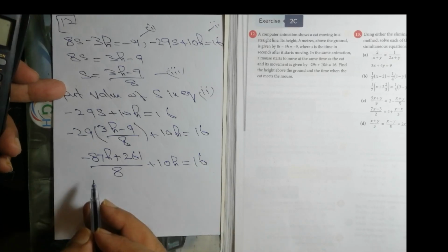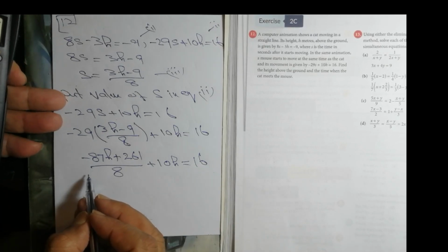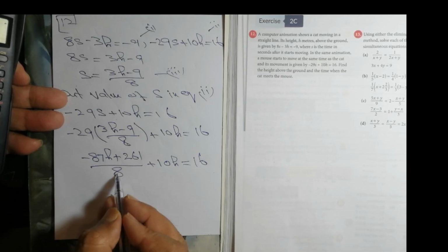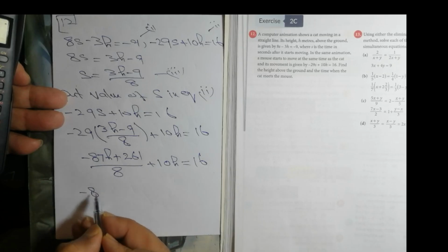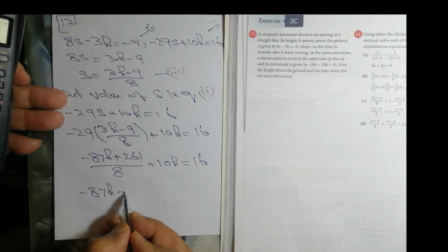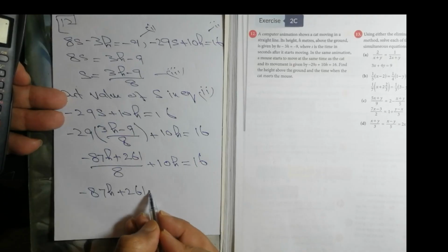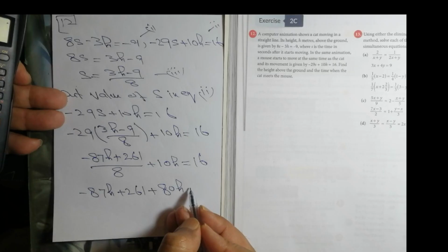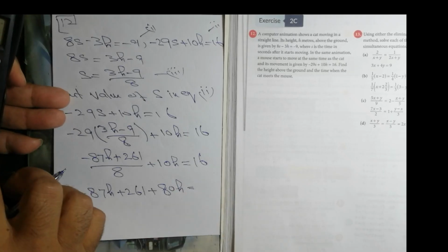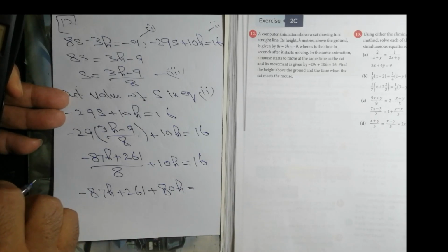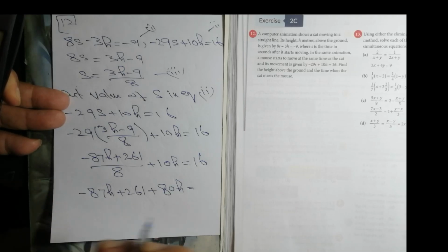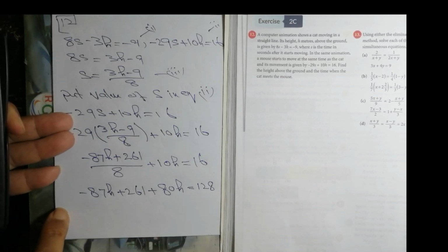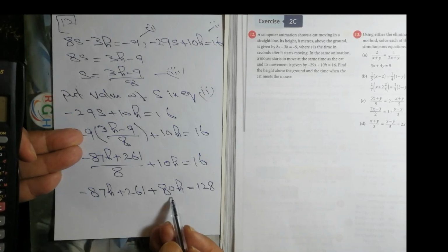And now we multiply each term by 8. When I multiply this term with 8, this will be cancelled. So minus 87h left behind plus 261 plus 8 into 10, 80h, equal to 8 into 16, that is 128. And minus 87 plus 80 is minus